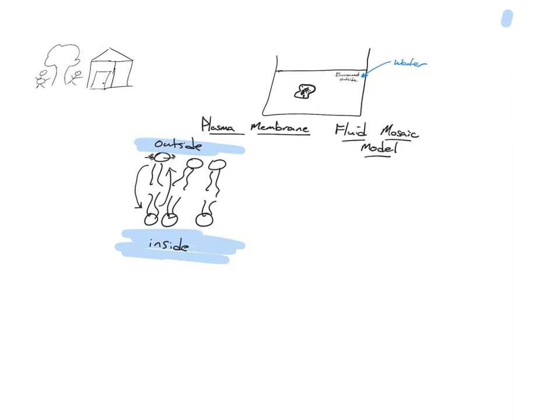So when you look at a cell membrane, it's actually made of a lot of different things. The main component is phospholipids. Where's the hydrophobic part in this membrane? The center. This is all hydrophobic here. The parts pointing towards the outside and the inside are made of what? They're hydrophilic. Why? Because they're pointing towards the water.